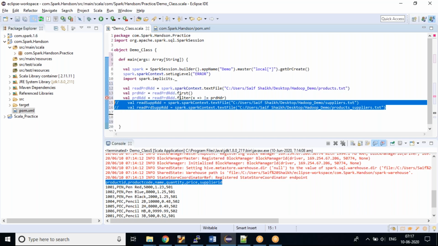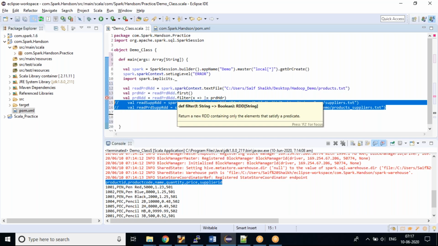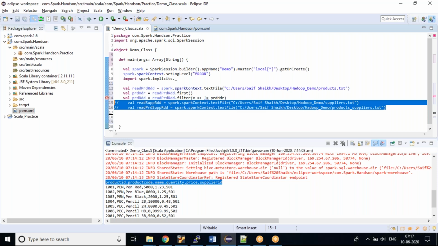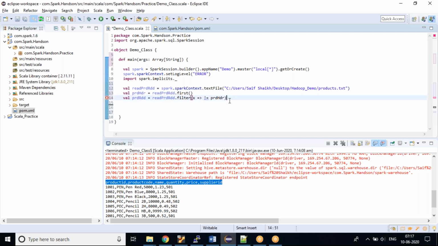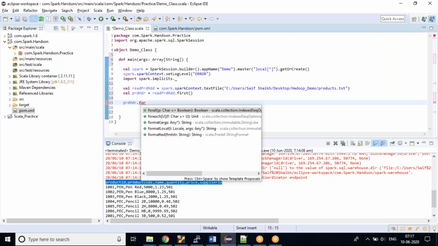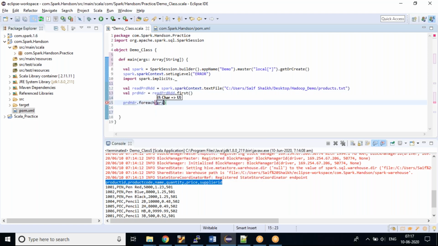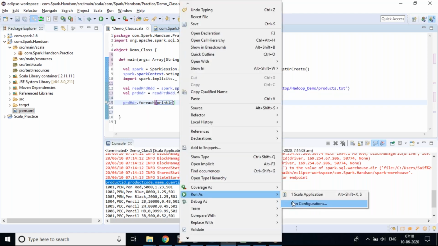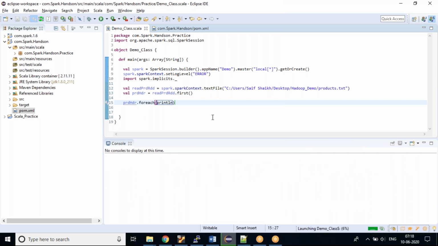This should not be the case. Well, it's part of my test. Let me see that I'm able to get my product header first. Let me just do foreach and println this. Let me run this and see whether I'm able to get my header.